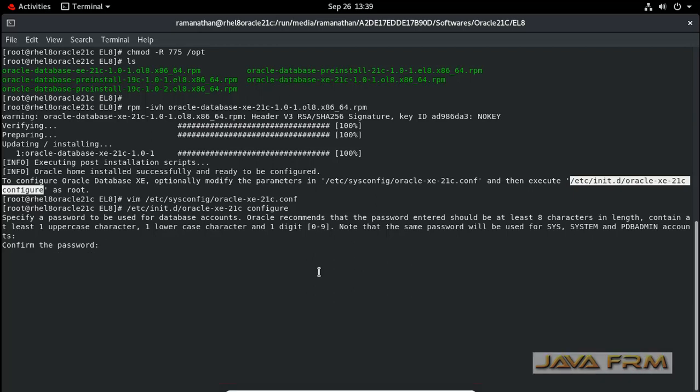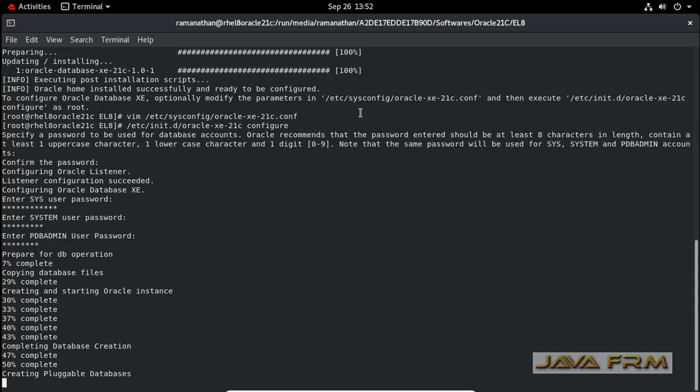It should be alphanumeric, with at least one lowercase letter, one uppercase letter and one number. Make sure that you have provided the password. This password will be used for the SYS, SYSTEM and PDBADMIN users, which are the database administrators.